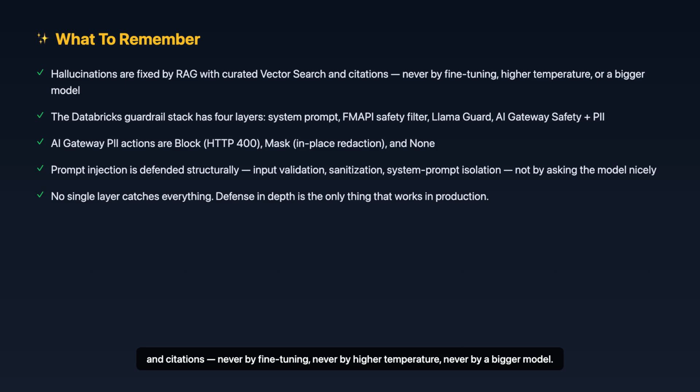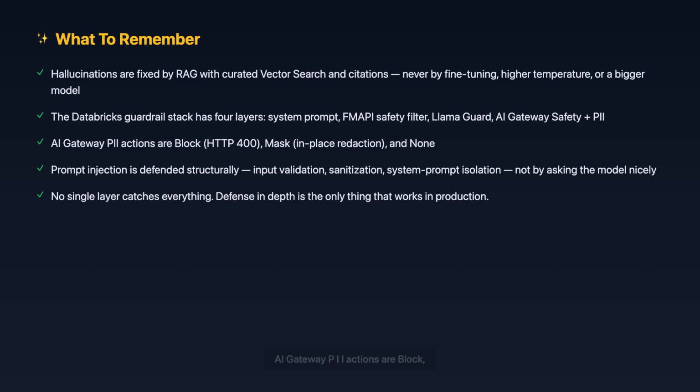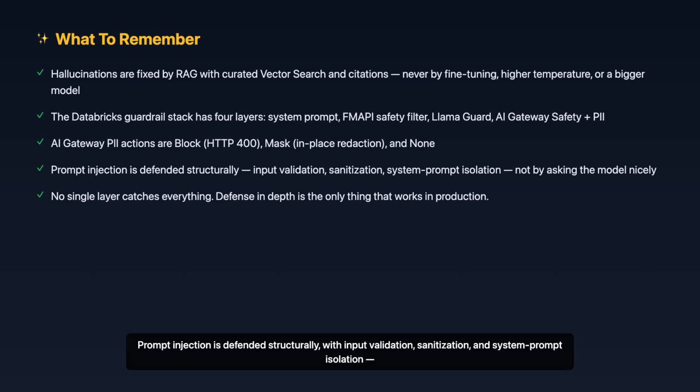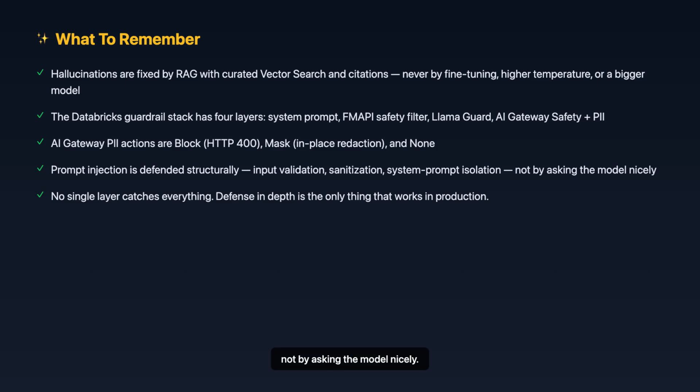The Databricks Guardrail stack has 4 layers: system prompt, foundation model API safety filter, Llama Guard from Marketplace, and AI Gateway Safety+PII. AI Gateway PII actions are block, which returns HTTP 400, mask, which redacts in place, and none, which disables the check. Prompt injection is defended structurally, with input validation, sanitization, and system prompt isolation, not by asking the